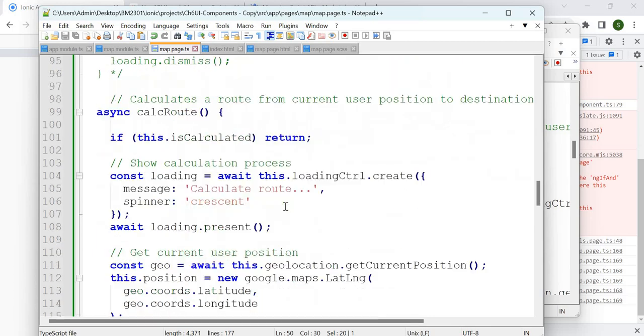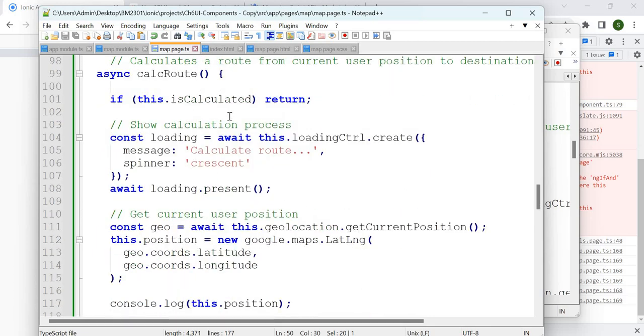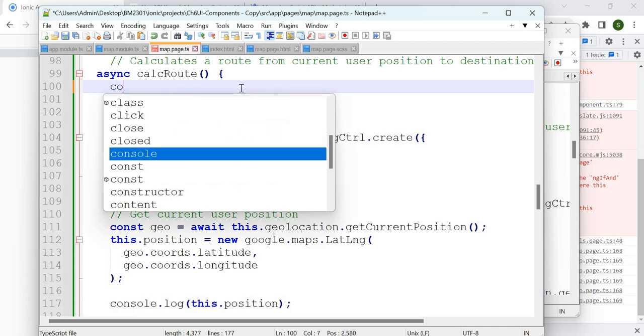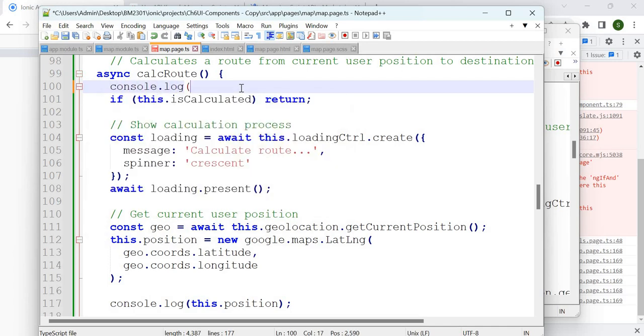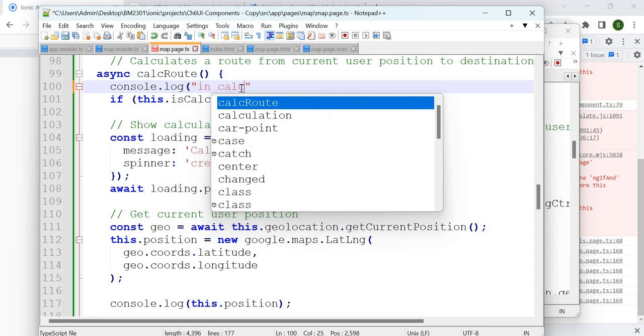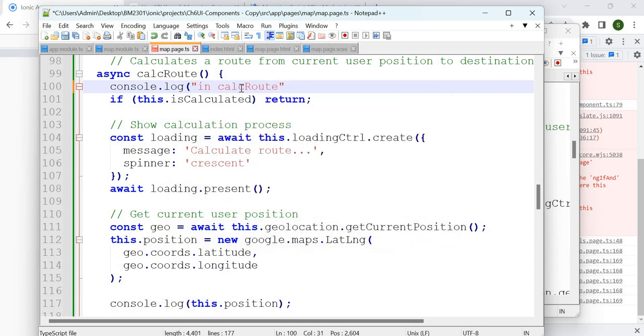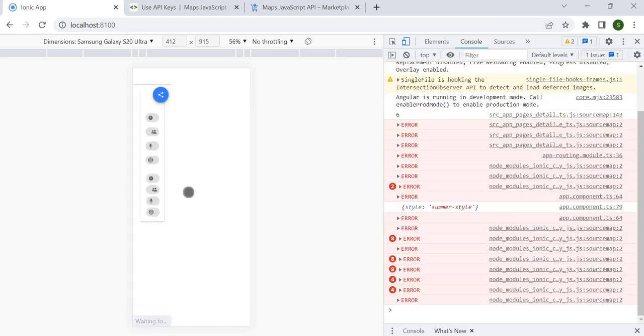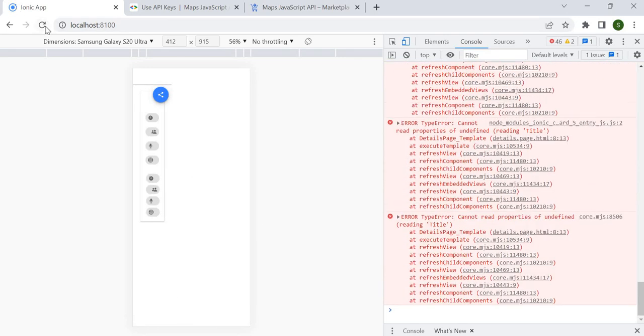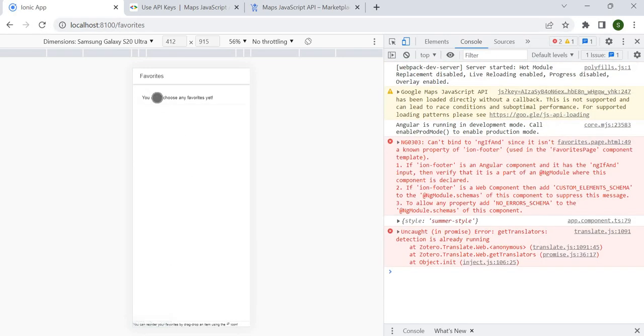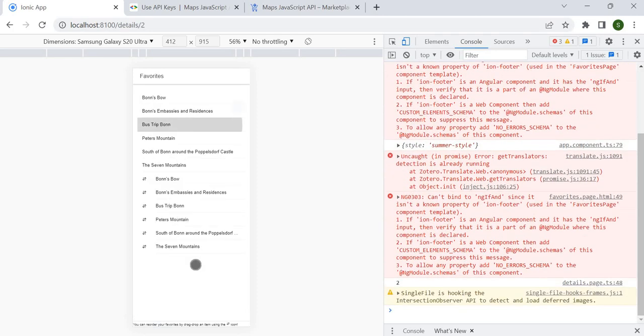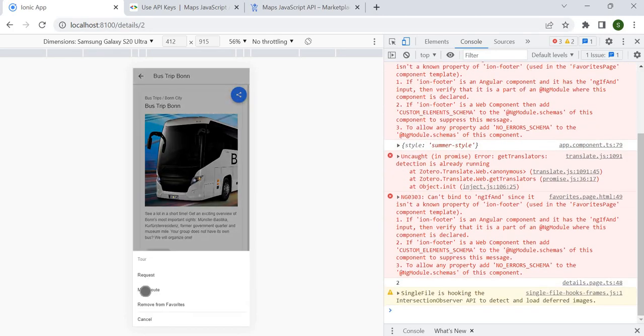Okay, where is the calc route? So here is the calc route. Okay, let's say we are going to write here console.log, in calc routes, right, just to check whether it's coming there. So for example, if I just reload this, and if I click on anything, options, map,